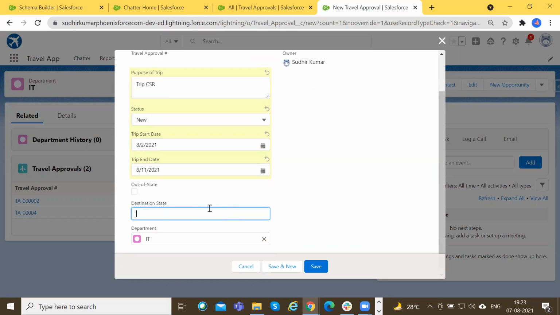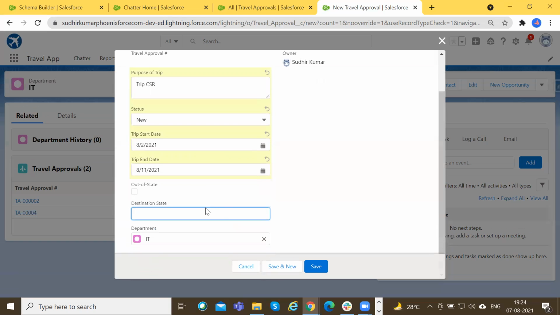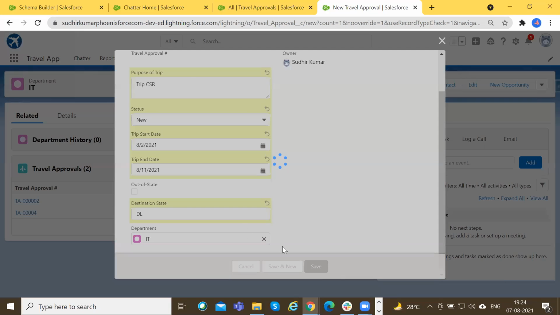Or any trip outside, let's say, Texas or London, wherever my office is. So any trip which is outside the state code is out of state. So let's say if I type DL for Delhi, I'm just making a sample example. Okay, so if I save it,